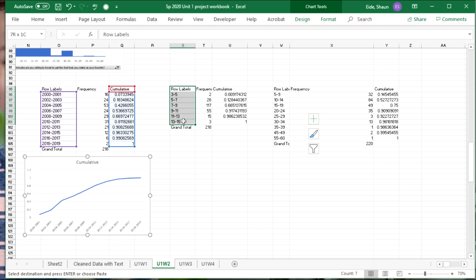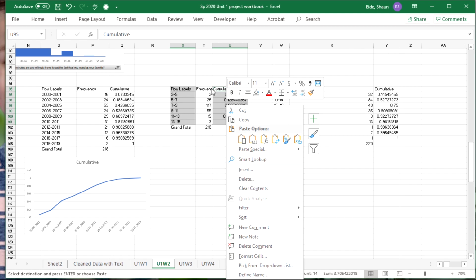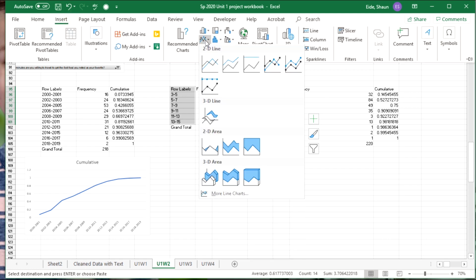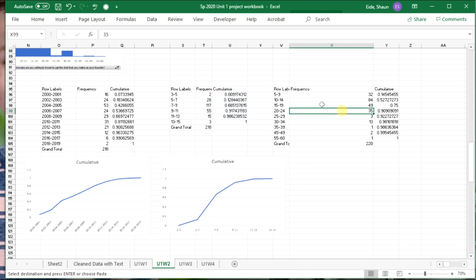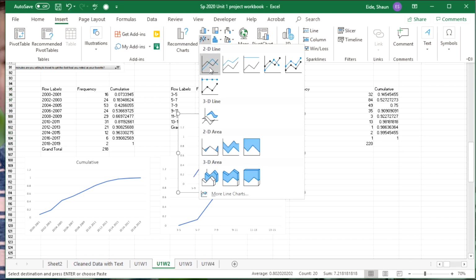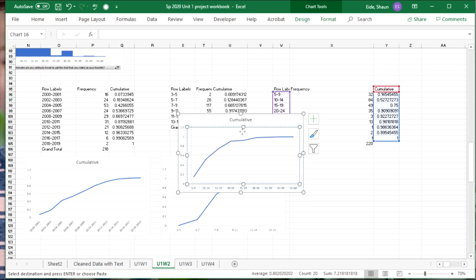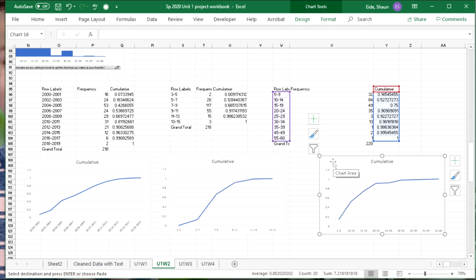And then you can do the same thing, highlight the row labels, highlight the cumulative, and say, once again, Insert. And it gives you a cumulative chart again for that one. And then same thing down here. And then Insert, cumulative chart. So now we have the cumulative charts for each one of these. Make sure that they're appropriately labeled. And last but not